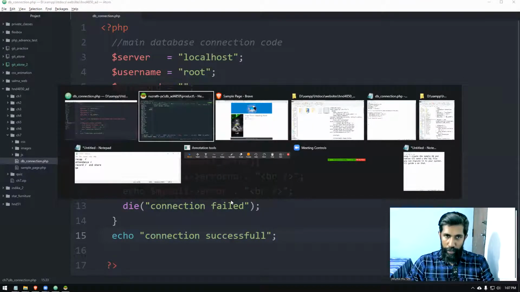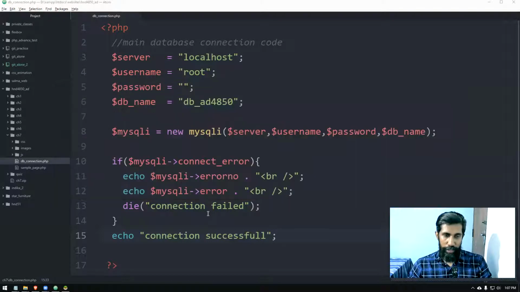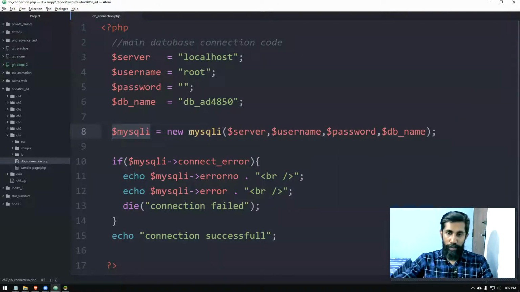In our code now. Okay, so this is the code. So I can just quickly recap that. We need 4 parameters. One is the server, username, password, and the database name. We use the MySQLi built-in class. MySQLi is the built-in class which has all the necessary methods and properties. So this is how you create a MySQLi object. Purpose of having a MySQLi object is in future to execute the SQL commands so that we can work with our databases using our applications.